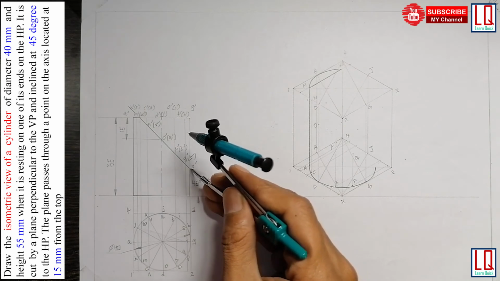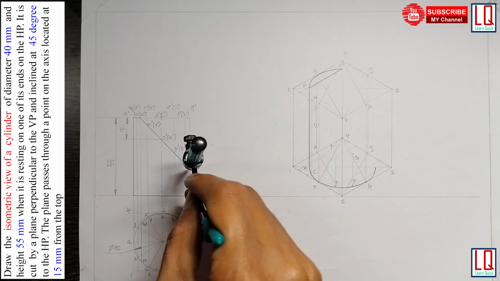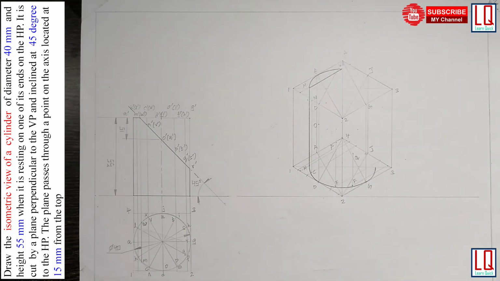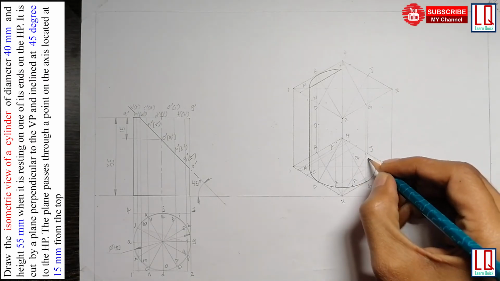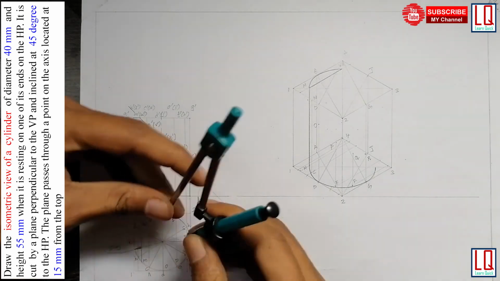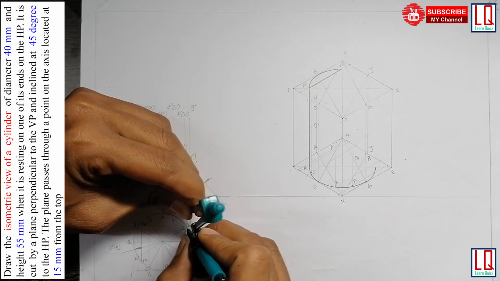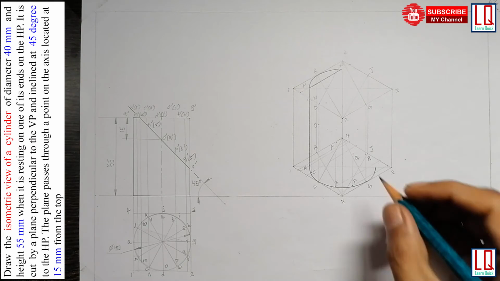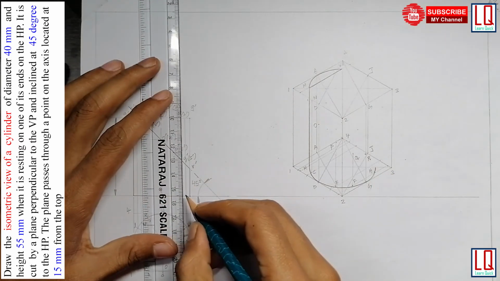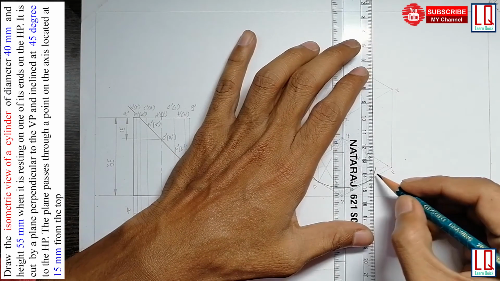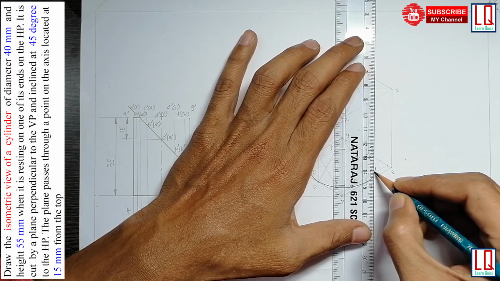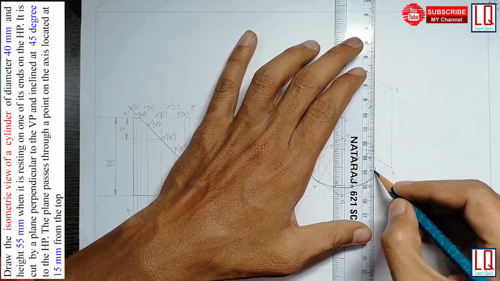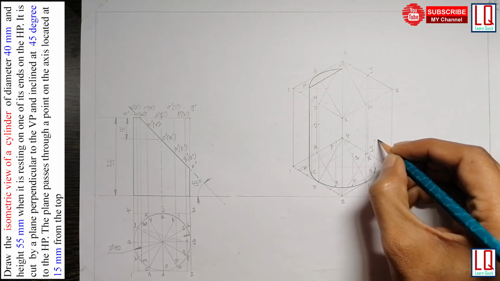So next, to find point R, in G measure the height of R and in G mark capital R. Next, to find point H, from side 4, 3 measure point H and locate point H here, and measure the height of S, 22 mm, and draw a line for 22 mm. And mark this point as capital S.